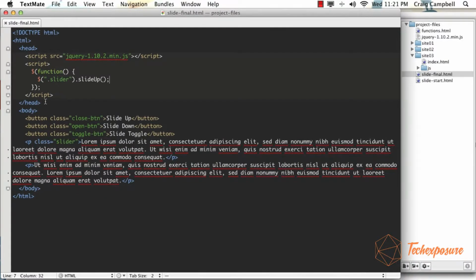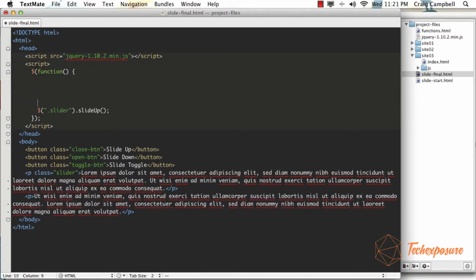We'll jump back into our code, and let's just nudge this slide up code down a little bit. And now let's point to that slide up button, which as we can see has a class of close-btn. So I'm going to put our opening $ sign there, and then inside parentheses and inside quotes, we'll point to that button class, which again is called close-btn. So we'll type dot close-btn, and then after the closing parenthesis here, we're going to point to the click method in jQuery. And the way we do that is we type .click, open and close parentheses, semicolon to end our statement,